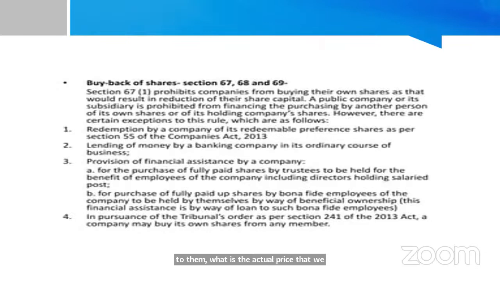It is not 8 rupees. The market price is some 3000 some rupees. So that is why the current market price, as you can take from the indices, is very, very